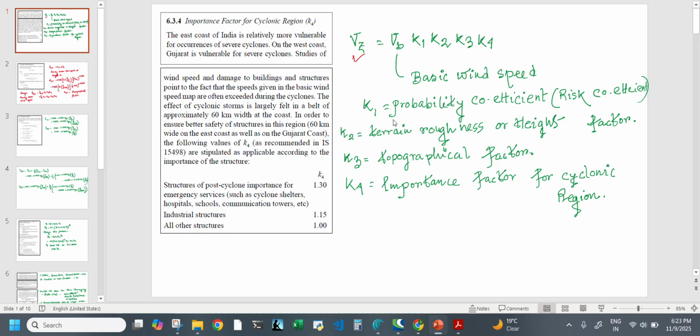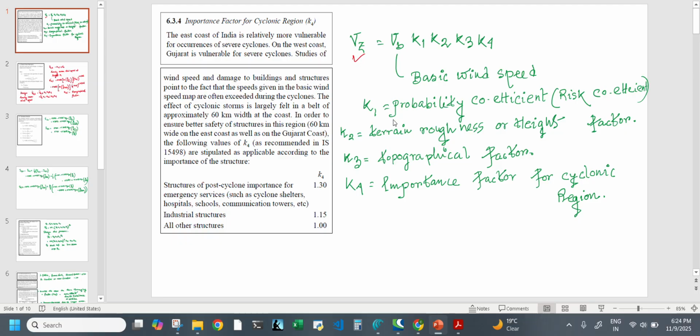The east coast, such as Visakhapatnam, and Gujarat are vulnerable to severe cyclones, and that's why studies of wind speed and damage to buildings and structures point to the fact that the speeds given in the basic wind speed map are often exceeded during cyclones. The effect of a cyclonic storm is largely felt in a belt of approximately 60-kilometer width at the coast. In order to ensure better safety of structures in the region,